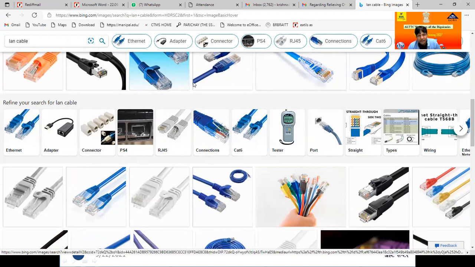So, types of LAN cable. Now I discuss the LAN cable. How many wires are in this LAN cable? In the market, if you go to purchase any LAN cable, you can find Cat 5, Cat 6, Cat 7, and today one more, Cat 8 cable. Cat means category, but all are LAN cables.